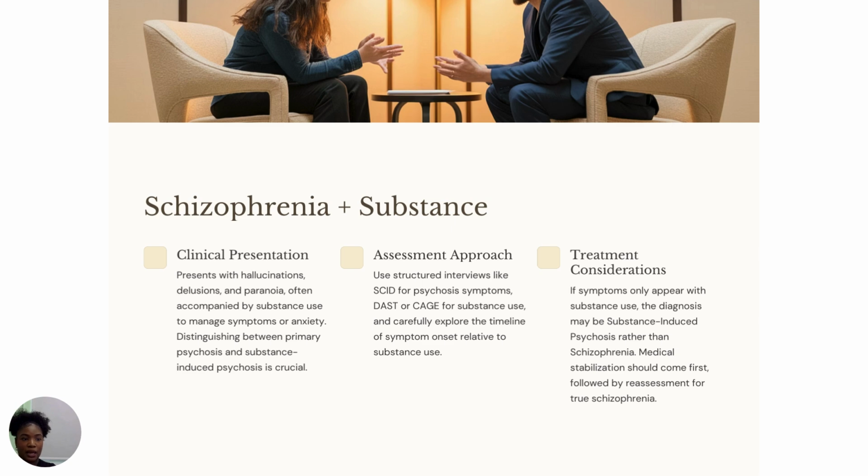Our assessment has to use the SCID for the psychosis symptoms, the DAST, or the CAGE for substance use. We have to carefully explore the timeline of the symptoms and how the onset is relative to the use of substance. For treatments, we have to,